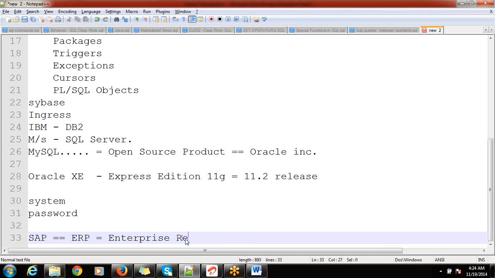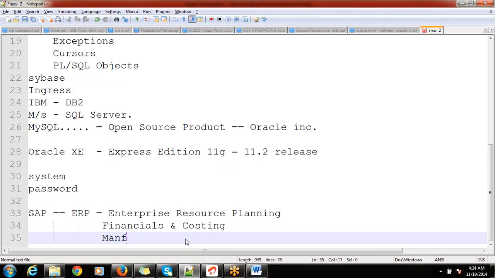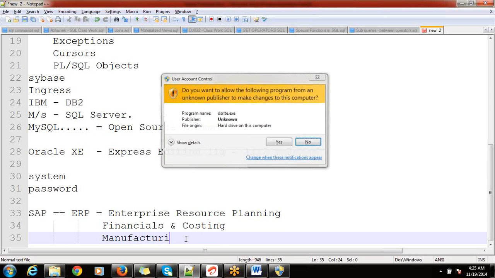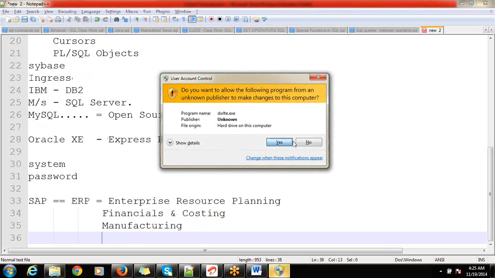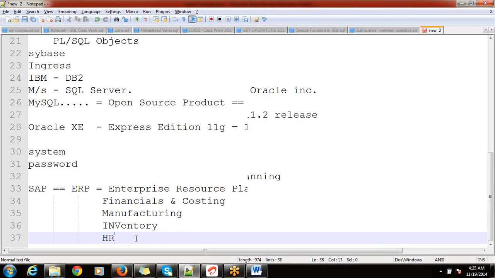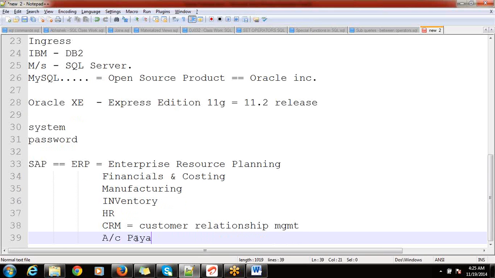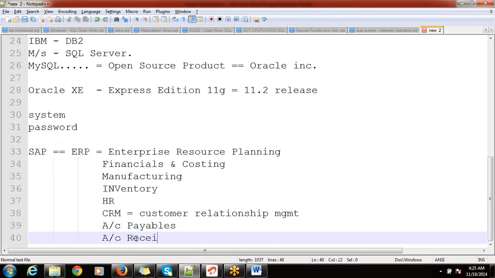Enterprise resource planning has various modules to handle financials and costing, then manufacturing, then managing inventory, managing HR, human resources, then customer relationship management, then account payables, likewise account receivables.